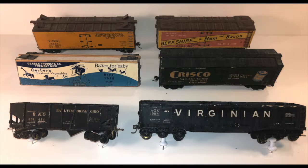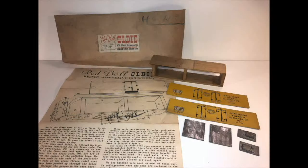Other companies soon came out with paper-sided products in a variety of model kits. The Virginian Railroad battleship gondola is unique with cardstock sides and has been rarely modeled. The Dale Newton Company came out with the Red Ball line of kits. This particular kit is labeled HON3 and is about the right size for an HON3 car, but the Santa Fe